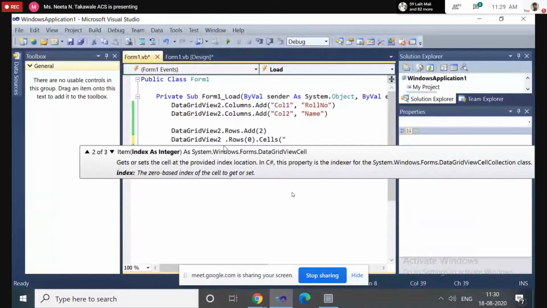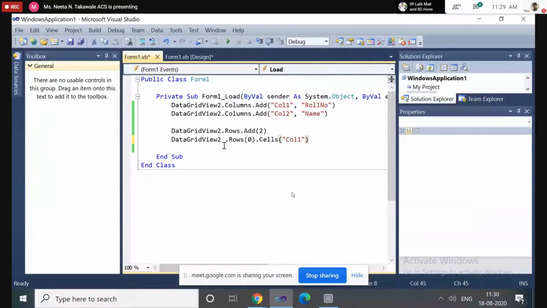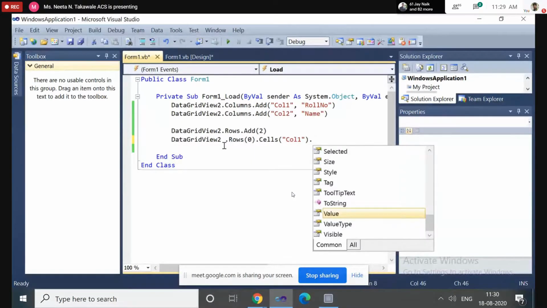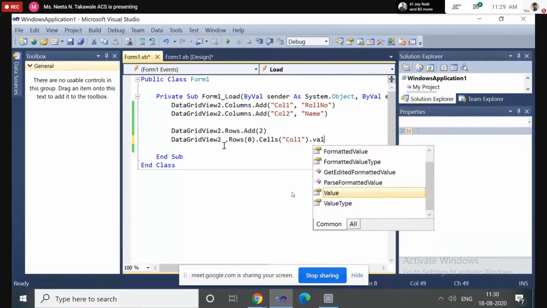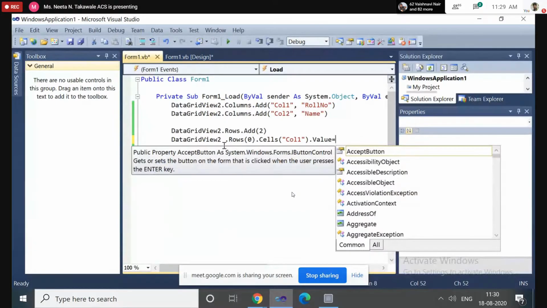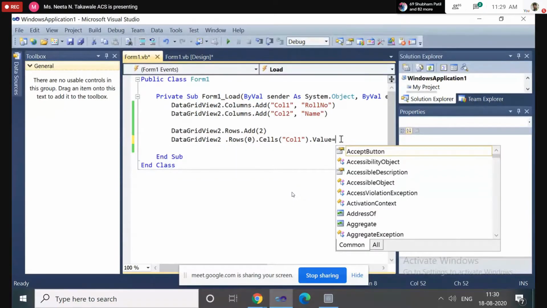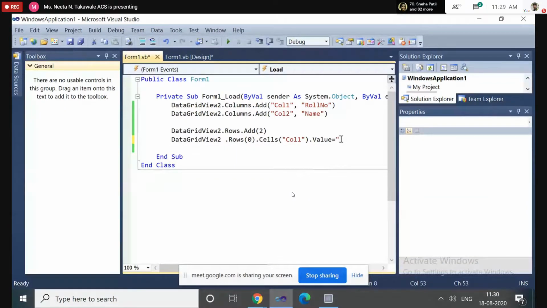It is referred to by Col1, and use the Value method to insert a value, or to insert the information, into that particular cell. We have to use the Value method. So .Value equal to, suppose it's a roll number, so the roll number is 10.